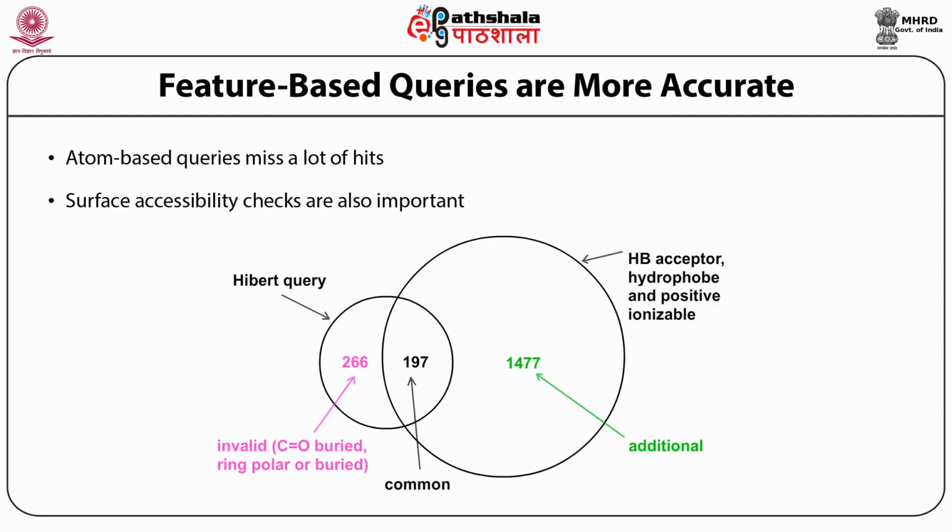This makes it more accurate to suggest to the synthetic chemist. This is a really good example to reduce a large number of atom-based search chemicals, distinguishing it from the feature-based or pharmacophore-based chemicals.